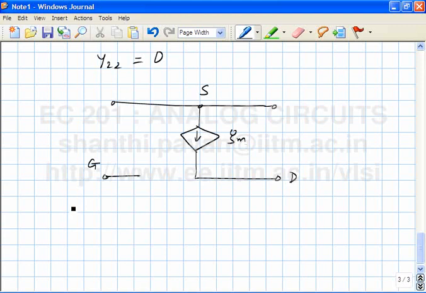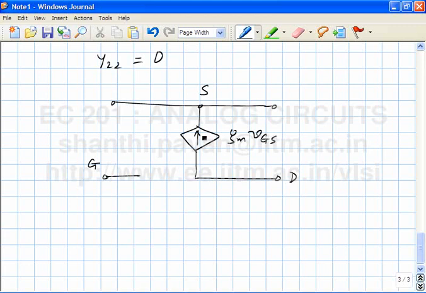It's of the form Gm times VSG. We've always been used to, in the NMOS transistor case, what did we do? What were we used to? The voltage controlled current source has the arrow pointing drain to source. That's not a big deal because I can always make this